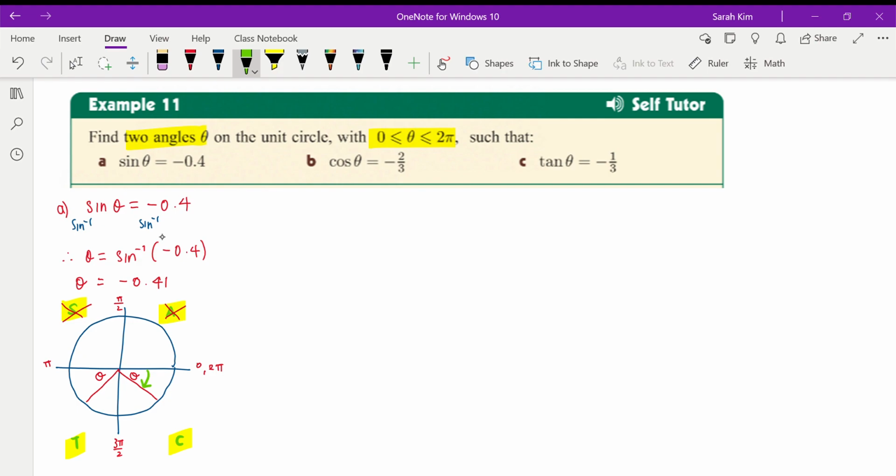The easiest way to figure it out, if you really want to, you can go backwards and figure it out, but the easiest way is to think of this line as 2 pi and then just subtract that number 0.41. So angle 1 would be 2 pi, take away 0.41, so if I do that on the calculator,